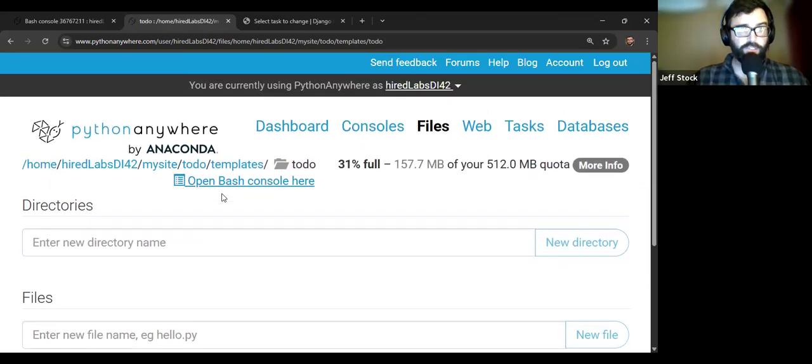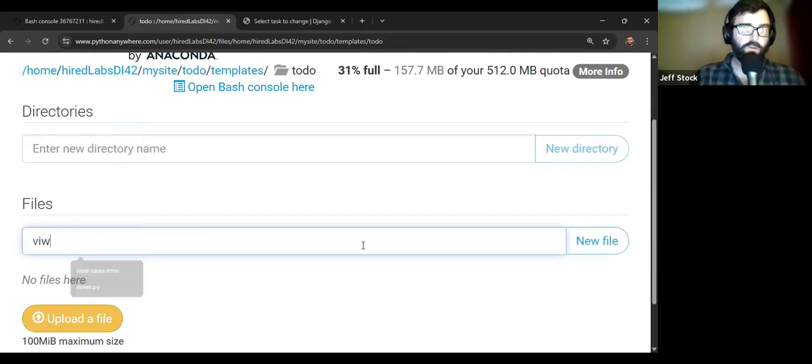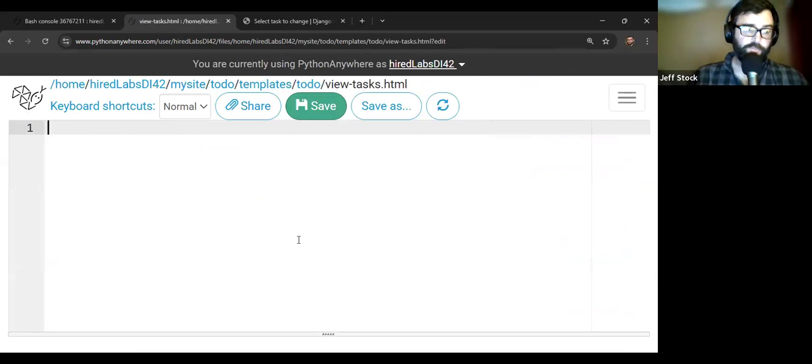And now I'm in the to-do templates to-do, and I'm going to go to the files section, and I'm going to make the view tasks dash tasks.html, and this has to match what we called in our views.py in the function. Take us to a blank page, and we are going to do what we have in the past with extending